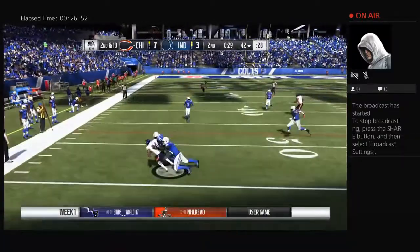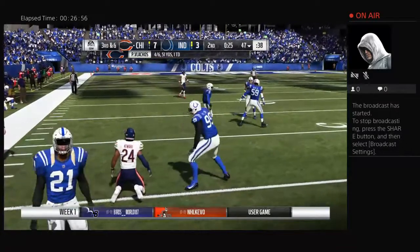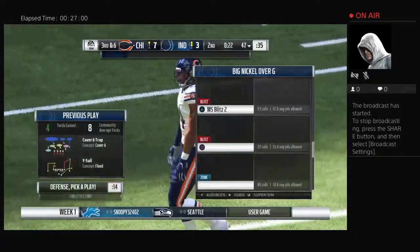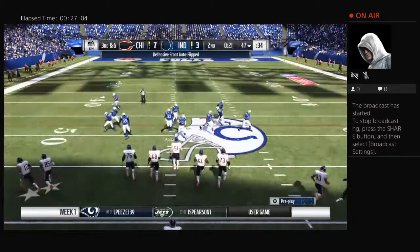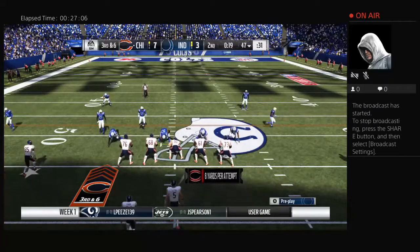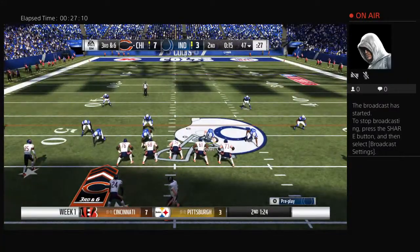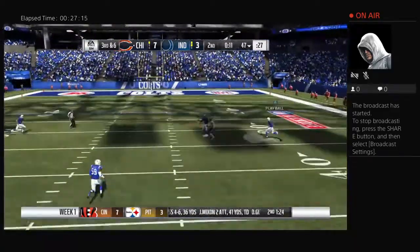Now he'll look to throw here on 2nd and 10. Dumps that off to his running back, Jordan Howard. It's a 4-yard pickup, and just like that, it's 3rd down. And we see another pitch and catch there to the running back. This position just continues to evolve. They become just as critical to the passing attack as a lot of receivers, tight ends, because their ability to make people miss in the open field can really generate big...